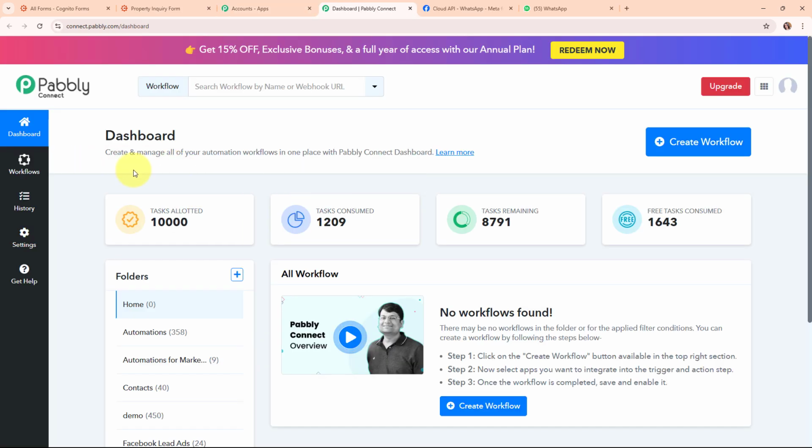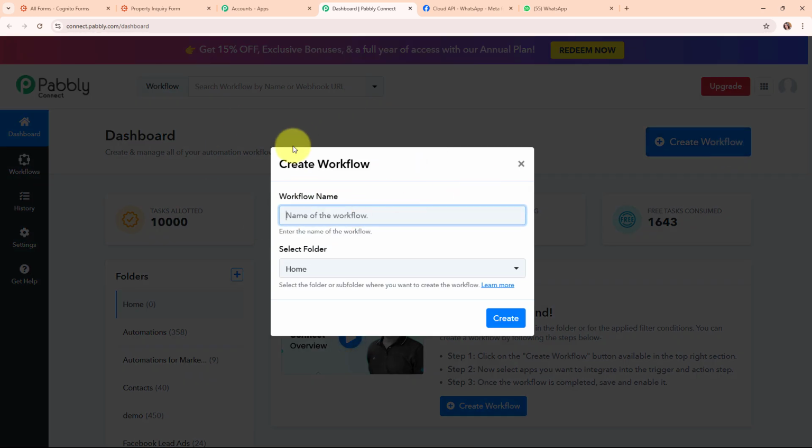Now this is the dashboard of Pabbly Connect and here to build my connection I need to create a workflow first. So for that here I'm going to click on this create workflow button given on the top right corner. Now here in this create workflow dialog box, I have to give a name to my workflow. So here I'm going to give the name as send automated WhatsApp message on cognitive form submissions using WhatsApp Cloud